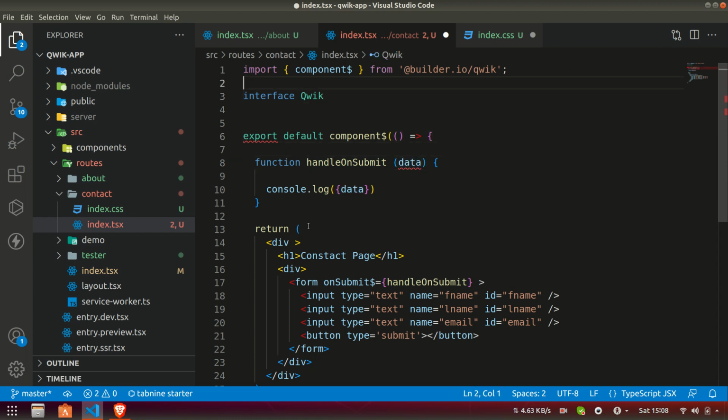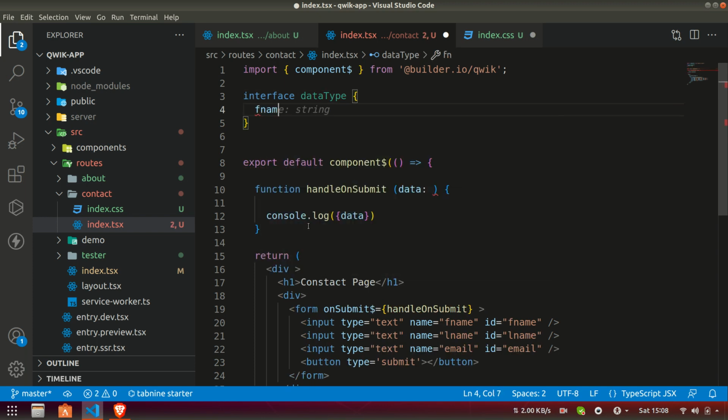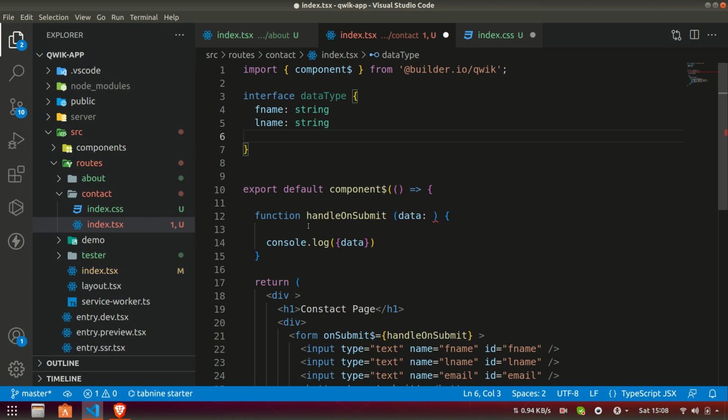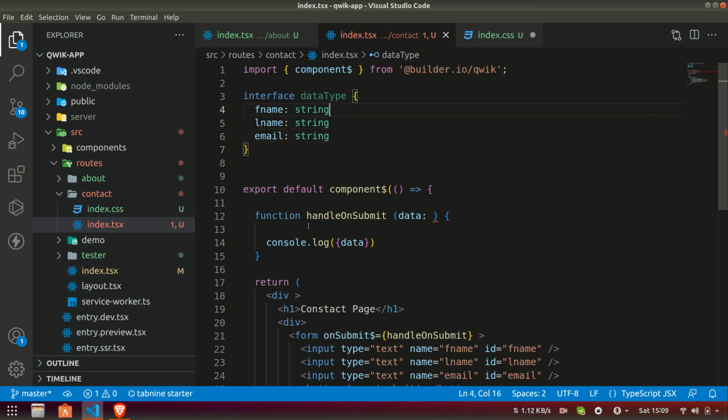For that data which is coming from here, I just have to create an interface, and that interface should be DataType. In this data type I have to specify that we are going to have 3 fields: first name, last name, which is also a string, and email, which is also going to be a string, right? So this DataType should be the type of this data, right? And on submit,